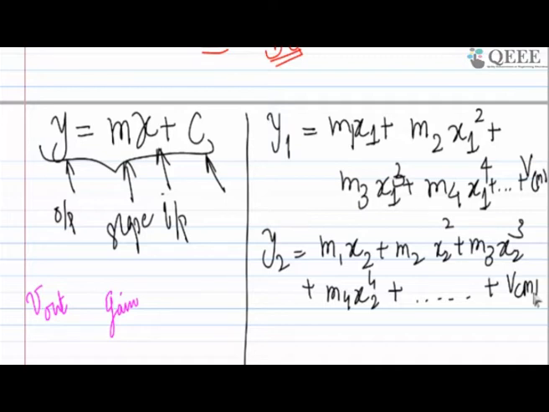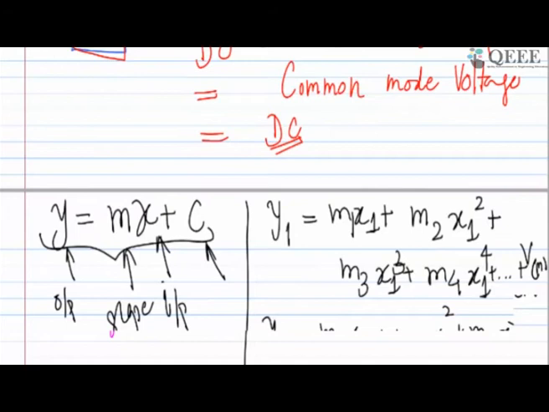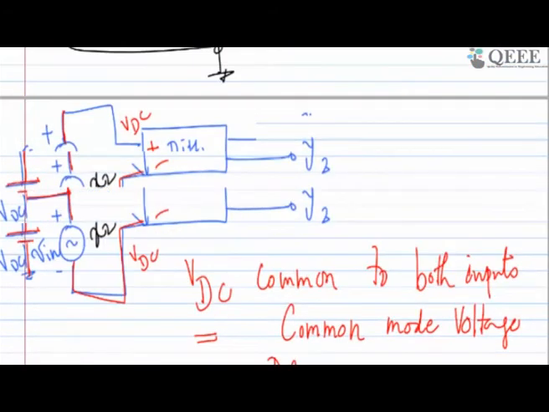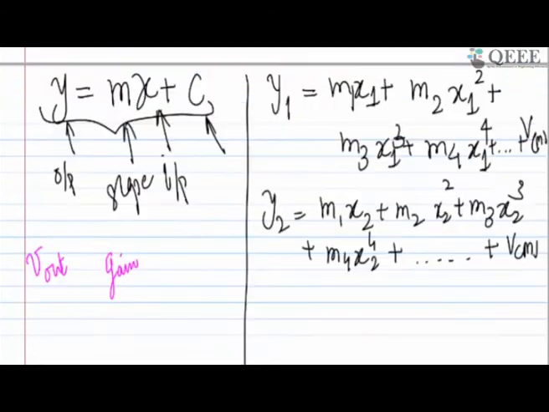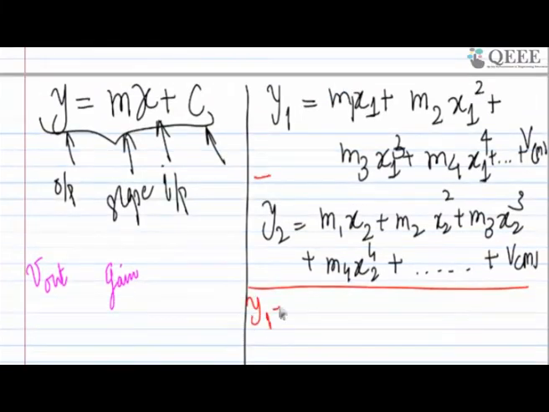Now we know that we are interested in a differential circuit, or the fully differential circuit, which has output that can be found out by y1 minus y2. As we have applied x1 minus x2 as an input, we can get the output, which is y1 minus y2. So if you do y1 minus y2, that quantity is equal to, you can see,